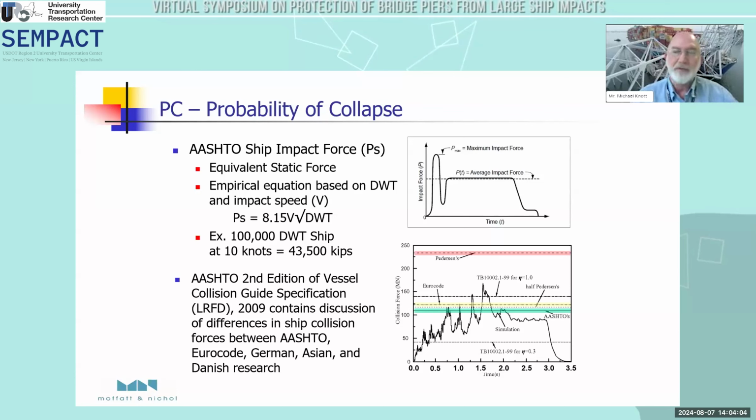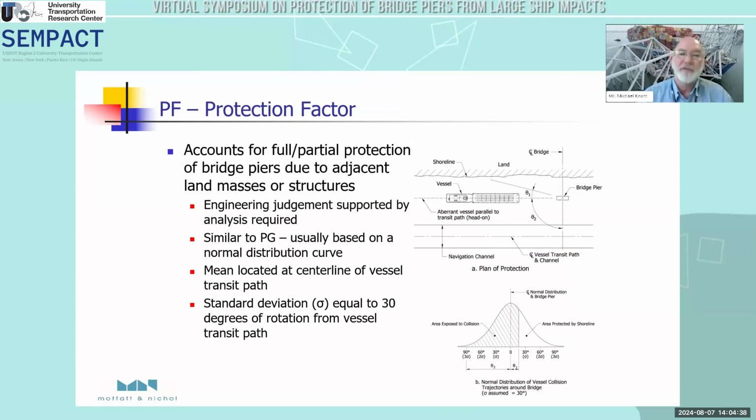So the question was, which force do you apply to the bridge pier? Is it this maximum impact force for 1/10 of a second, or this long average impact force over 4 seconds? In AASHTO, the judgment was we would use this long-term average as the force to the bridge pier, not the maximum impact force. The lower right is a graphic from the guide specification comparing researchers and their suggestions on impact forces. I'll leave it to you to look that up to understand some of the differences.